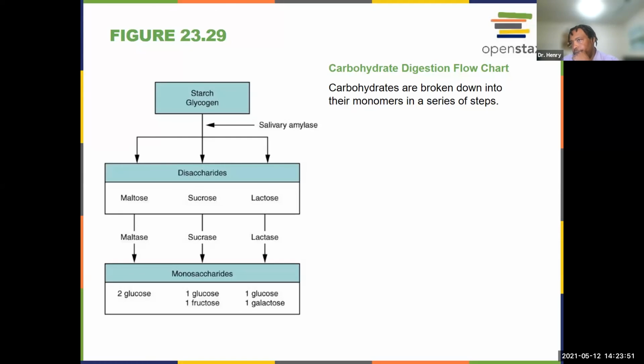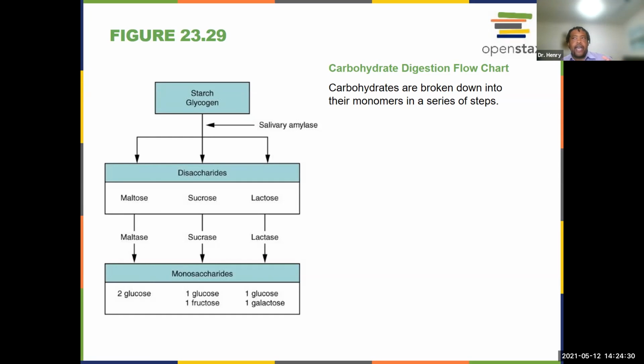Okay, so this is kind of the flow of carbohydrates. So if you recall, think about the very beginning, we start breaking down carbohydrates in our mouth initially, right? So, we start digesting carbohydrates in our mouth. So like if we have starch and glycogen from, let's say, an animal source or some type of food source, corn or something like that,